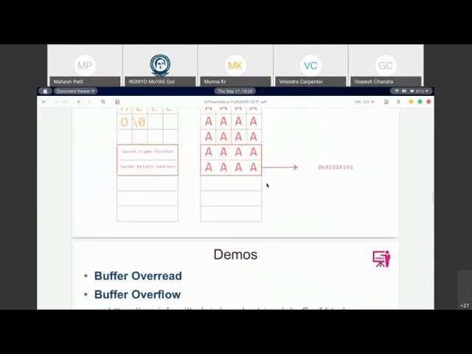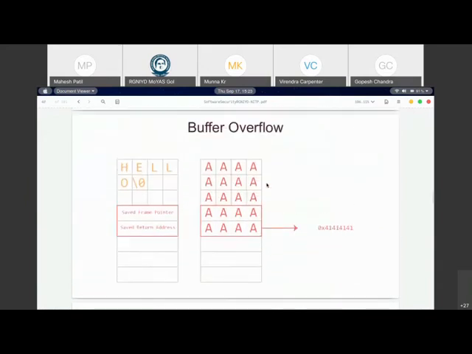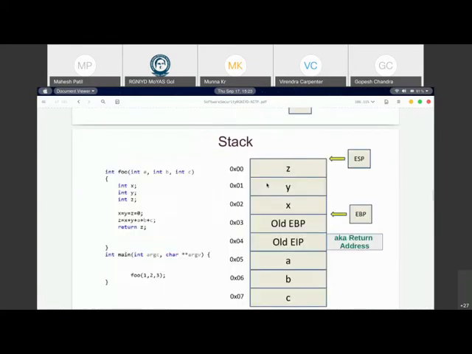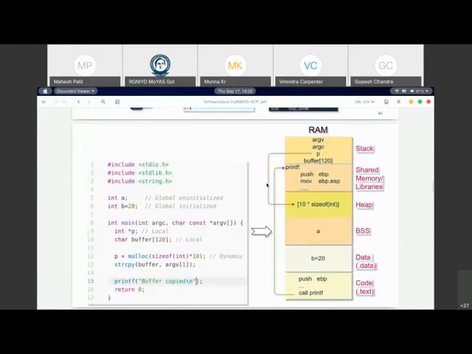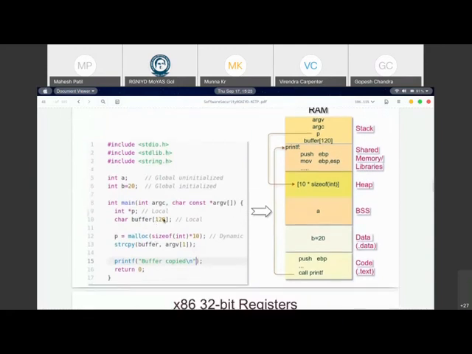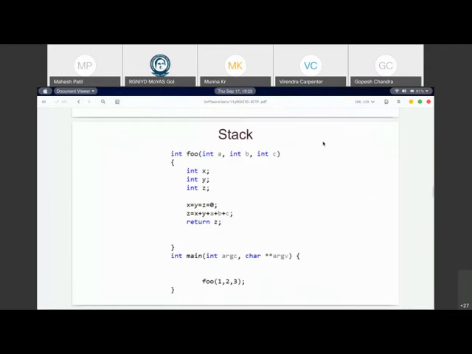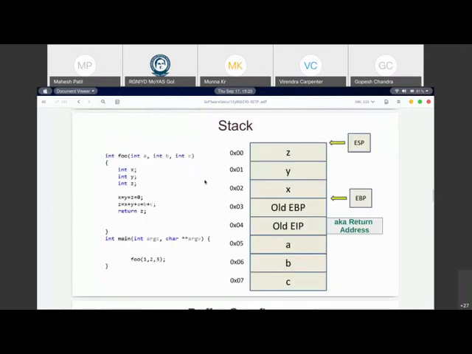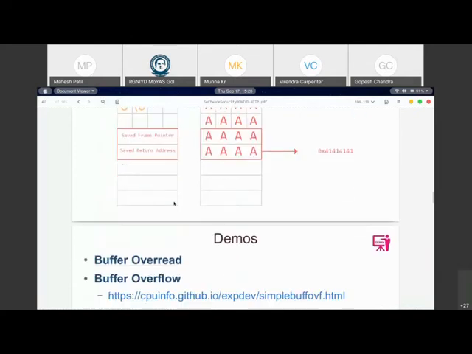So let's go ahead. What do we mean by buffer overflow now? If you see in the program, we had a buffer which is a local buffer, right? Can you guess where this local buffer would be stored? If you guessed that it is on the stack, as per our discussion it was very clear that local variables are stored on the stack, right? Like x, y, z is going to be stored on the stack, and since the buffer is declared here, it is also going to be on the stack.